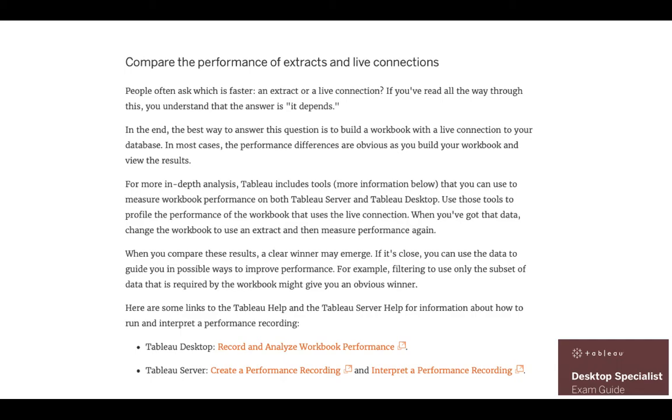But you would be thinking, really, in some of the cases, can that happen, that your live connection is performing better than the extract? Yes, in some of the cases it may happen. In some of the exception scenarios where your ultimate data source or the live connection is very, very performance oriented, it may even perform better than the extract. Then how do you record that, or how do you analyze that, or how do you come to a decision?